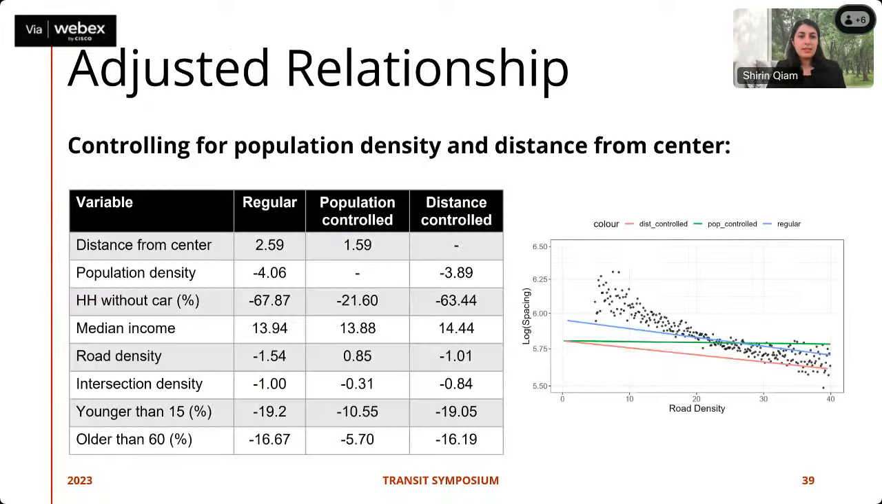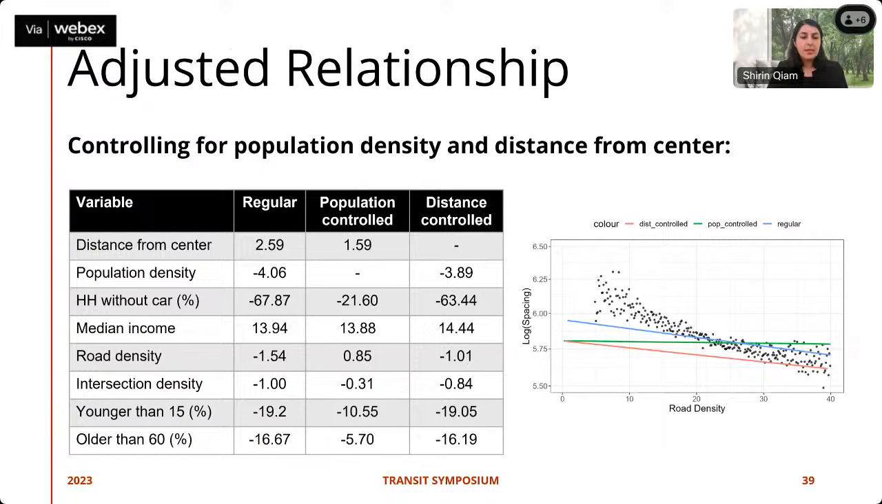Next slide, please. That's the reason we need to control for some variables, and here we control for population density and distance from center because these two variables show the strongest correlation with bus stop spacing. In the table, the second column shows the coefficients that are not controlled with any variable. This is just a bivariate regression, and the last two columns show the coefficients when we control for population density